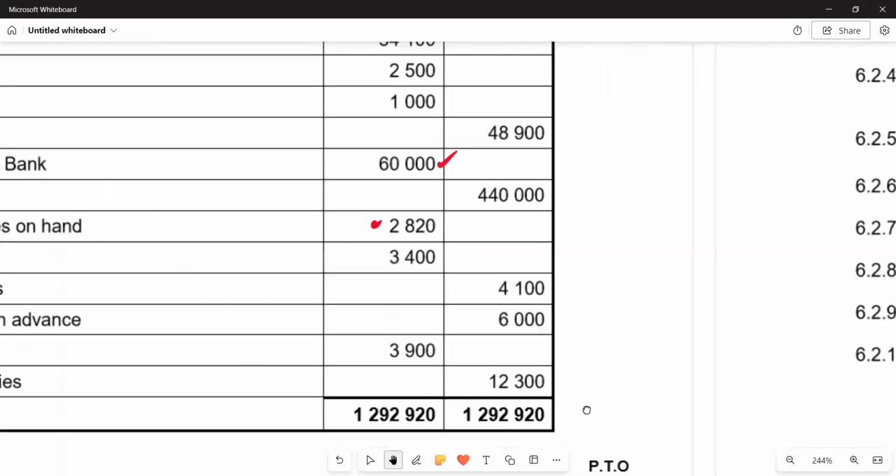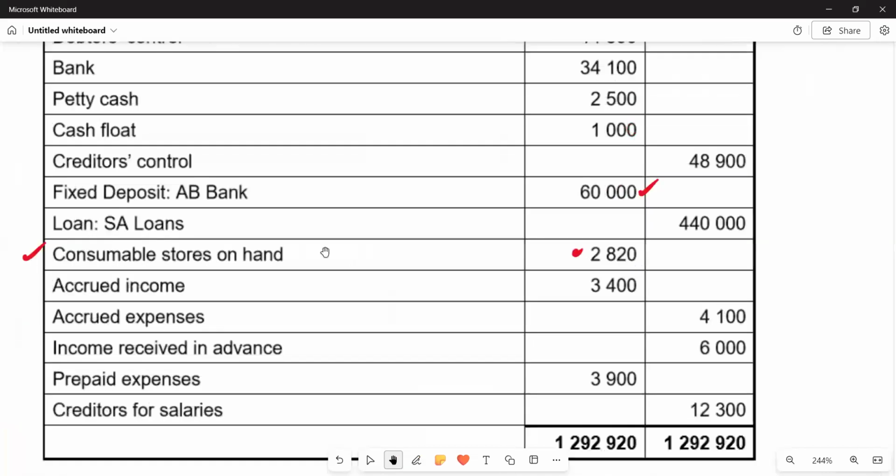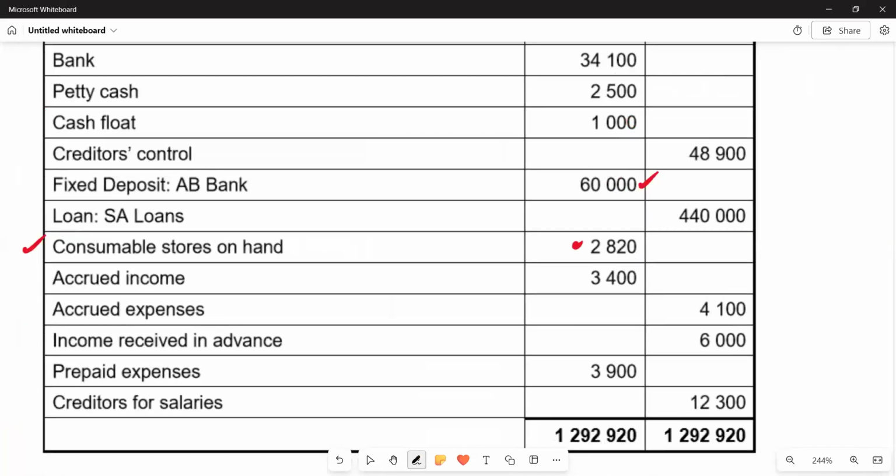So if you come here, you see that we've got debtors control is the first figure that we have, 14,800. We are going to add it as our trade and other receivables. And then we check for others like the ones that I've mentioned, prepayments of expenses, accruals of income. We see that accrued income, we have it 3,400. We're going to add it to create two debtors, the figure for debtors control, we add our 3,400 for accrued income. Then we look for prepayments of expenses. We have got prepaid expenses, 3,900. You see them. So we are going to add the three,